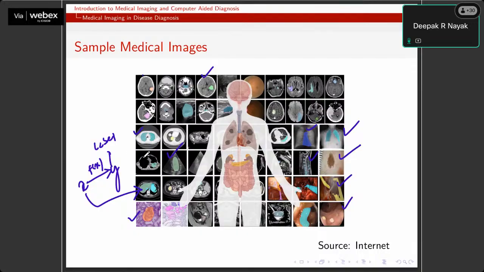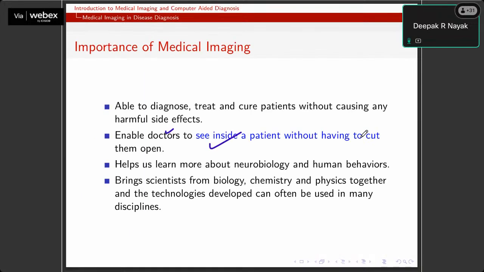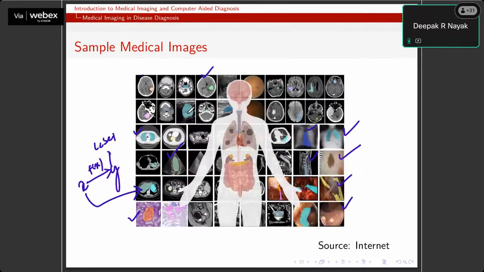Because we all know how difficult it is to get the medical images and even to annotate these medical images. So we'll see later on what are the issues we always encounter while analyzing this kind of images, and what CAD systems are. I hope at least you have got some idea about medical images, how they look, and how they are different from natural images. And here is just an example of different types of medical images we have just seen.